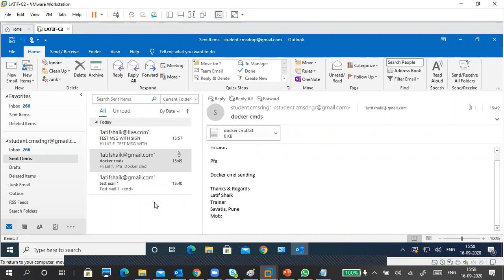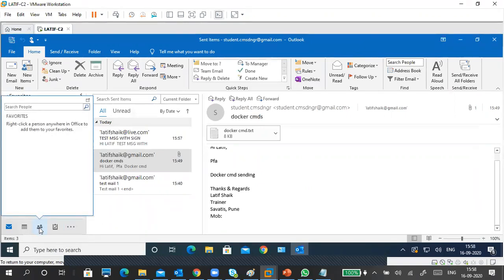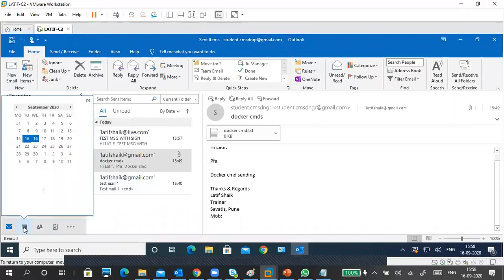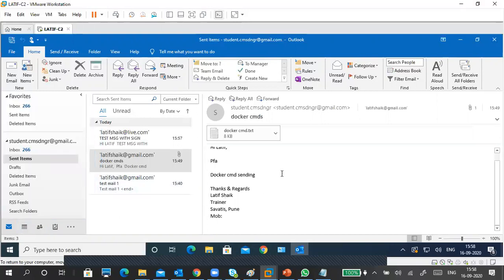Few more are there, it's not a big deal. This is People, where you can make your own contact list. Every time you need to search for users and contacts like this. This is Calendar, so you can schedule something like a meeting and send it also.